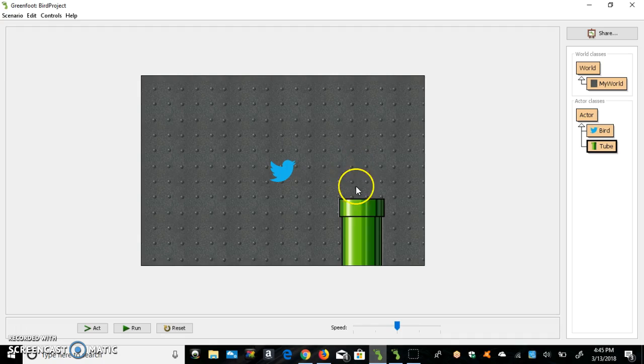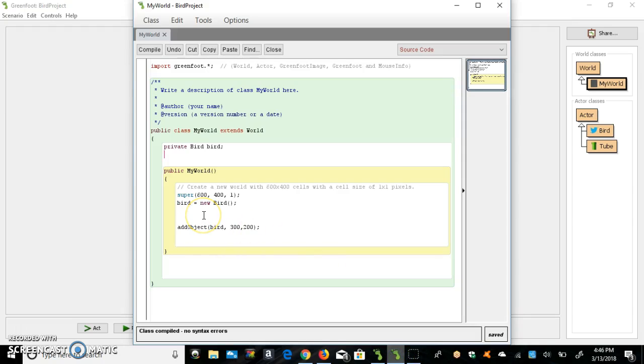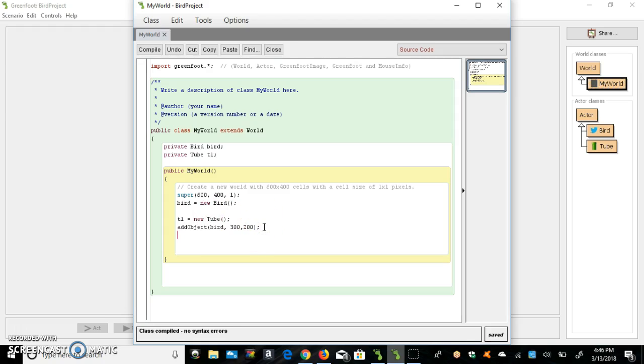So what I'm shooting for is like a tube up here and a tube down here that the bird will have to fly through. Okay, so I guess I could do that. Well, yeah, we could do it in the world. So first, let's start by, right now in our world class, we just have the bird in the middle of the world. So I'm going to add a tube T1, and I'm going to do T1 equals new tube, and I'm going to just set this